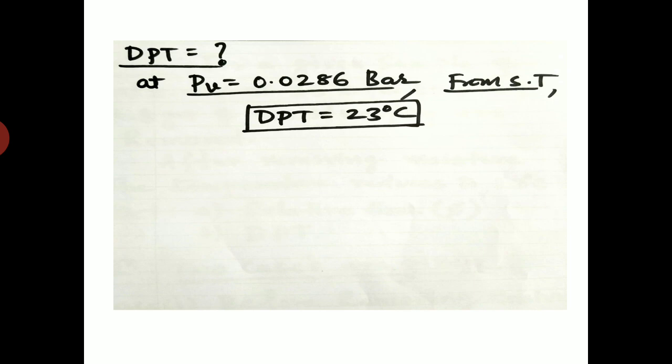These are the 7 problems I did, without using the psychrometric chart. In the exam he will clearly mention if it should be done without using the psychrometric chart. If he mentions it specifically, then we need to find it by the calculation method. You have to remember about 5 to 6 equations. I have already given the list of equations in class 2. Just go through that list, and then you can solve the problem. Hope the problems are clear.